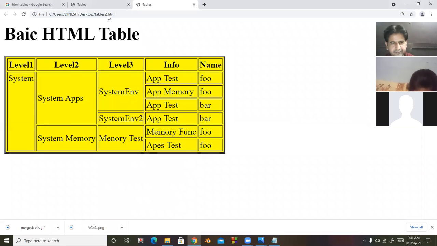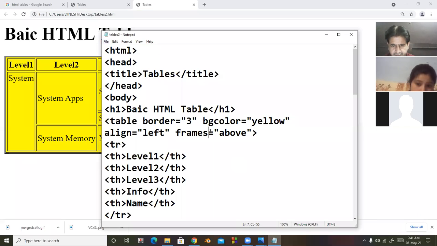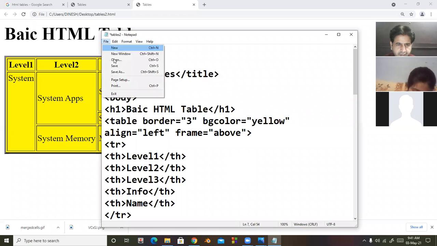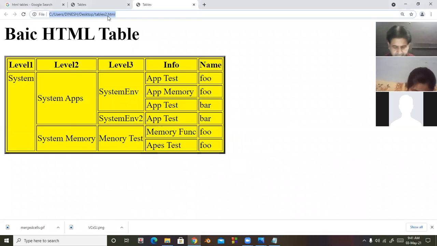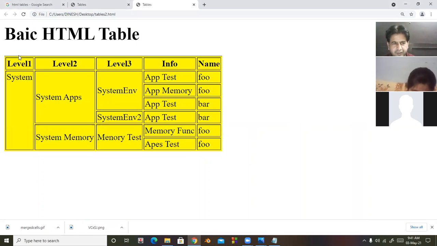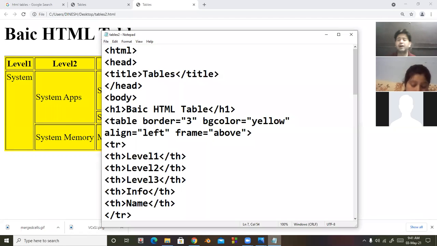Look at here. One minute. Look at here, only the top line is here. The three lines are not visible. So frame equal to above. Frame may be above, below, right, left, box.